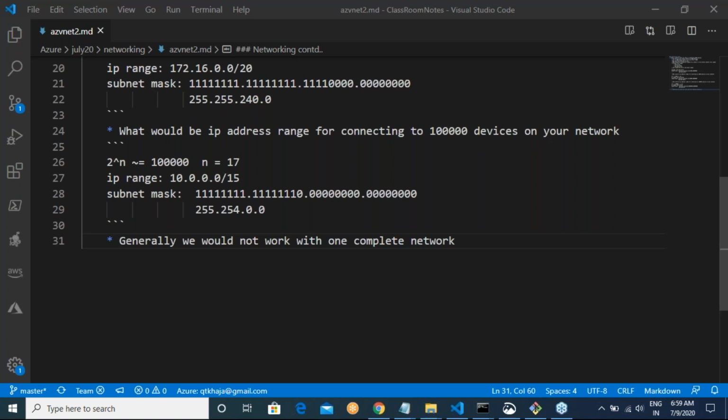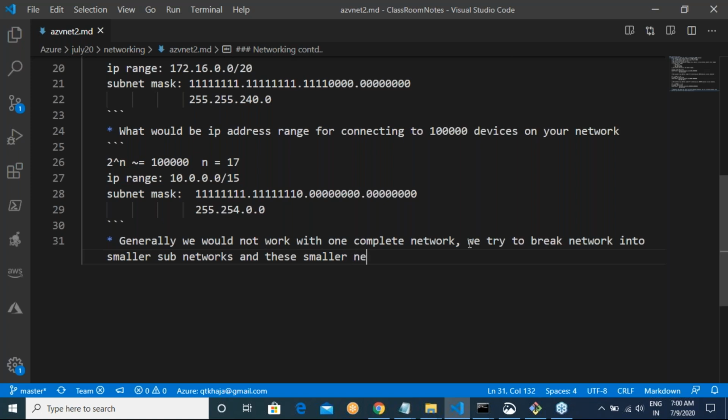So what we try to do is break a network into smaller networks, smaller sub networks, and these smaller networks are called subnets.